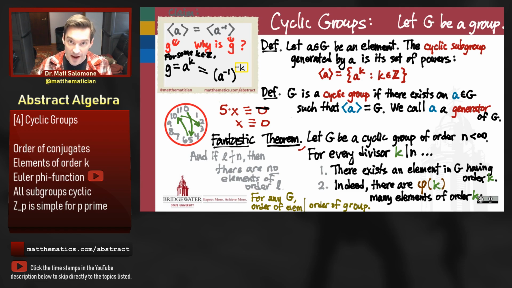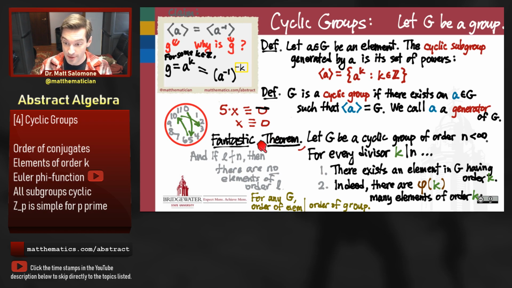So all of these divisors, I guess 48 doesn't work, but 60 does. Every single divisor of the order of a cyclic group, there will be an element of that order, and therefore a subgroup of that order, because that element is going to generate a cyclic subgroup of order equal to the order of the element. So every single divisor is represented as the order of at least one element inside of that group. And not only that, the Euler phi function then tells us more specifically how many elements of order k exist in that group for every divisor k of n.